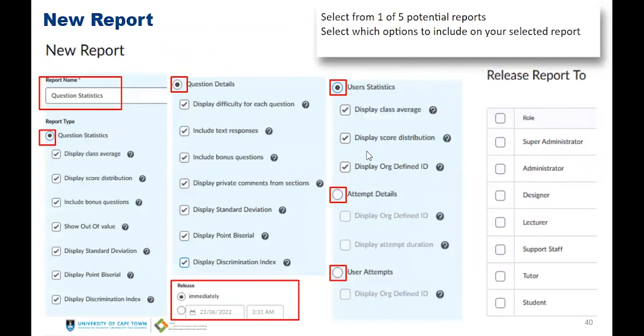So you'll see a lot of options here. And it looks like there are a lot of elements that you can add to your report. And that's a yes and a no. So the first thing to notice is these report types here. This is usually presented as one very long list. I've just broken it up here into sections so you can see all of the options in one go. But essentially, there are 5 potential reports that you can have, because you can see here at the high level of the report itself, like question statistics or question details or user statistics, attempt details, and user attempts,